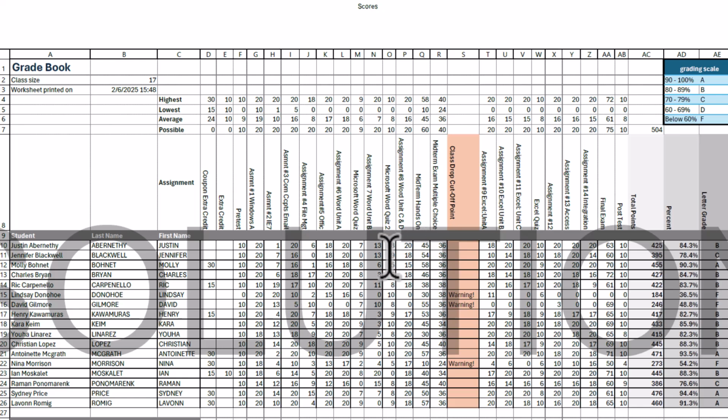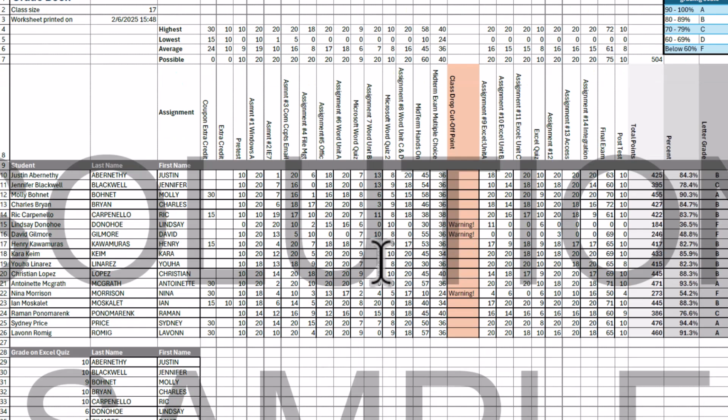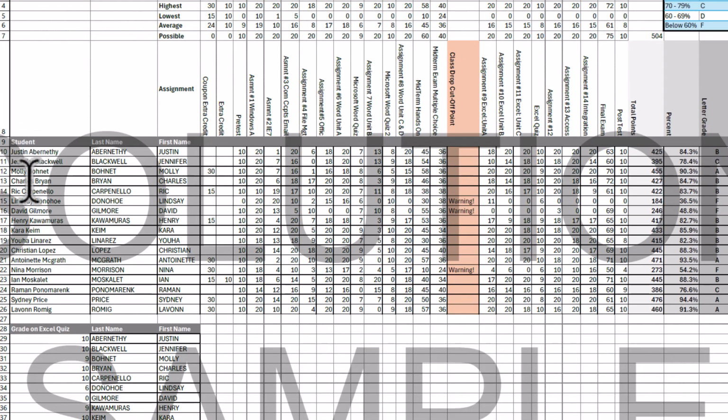So we're starting to understand how this comes together. I see the student names over here. Now, the student name here is spelled very nicely, Justin Abernethy. But over here, it's all in capitals, and it's also separated into two distinct, what I would call field names, or columns, I guess you would say in Excel, last name and first name, which can really be helpful with